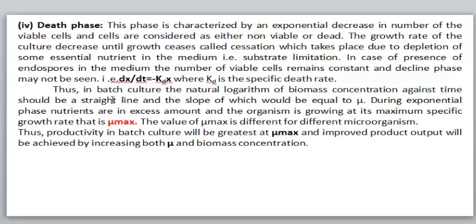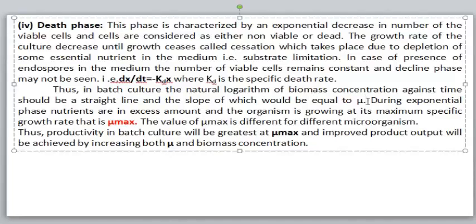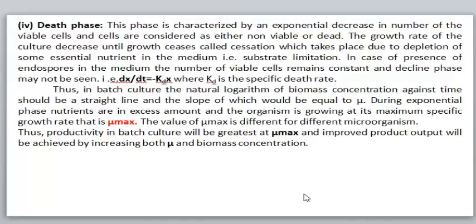Now, in batch culture, if we plot the curve graph, then it should be a straight line. But sometimes, due to mu, which is the specific growth rate, this straight line differs. Organisms grow at their maximum specific growth rate, mu max, which is different for different microbes,